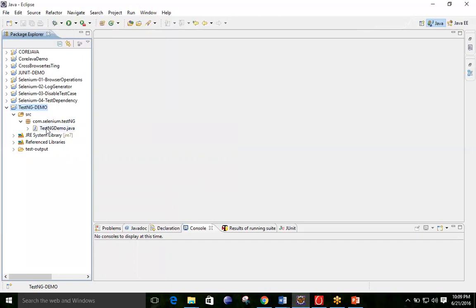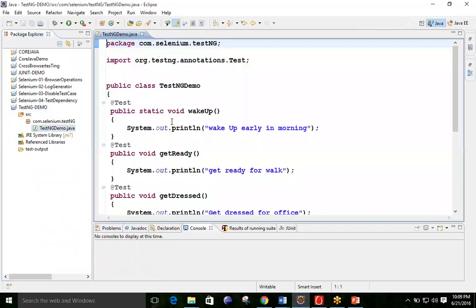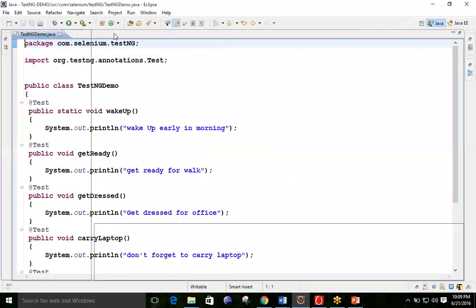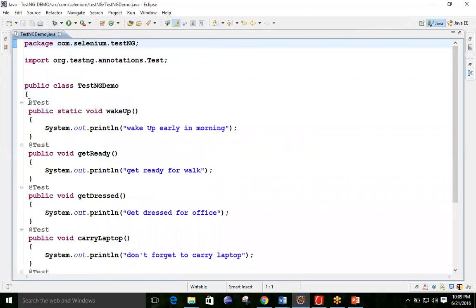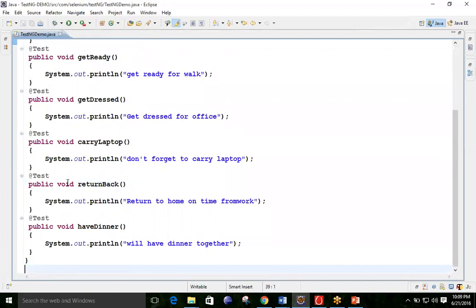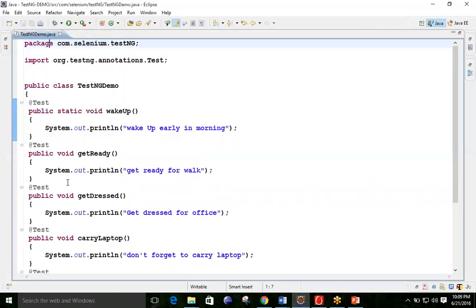The test cases you considered for JUnit are the same here, and in the case of JUnit you also made use of the @Test annotation. The name is the same in TestNG. I have taken approximately 6 to 7 test cases like wake up, get ready, get dressed, and everyone has @Test. It means that all are test cases.